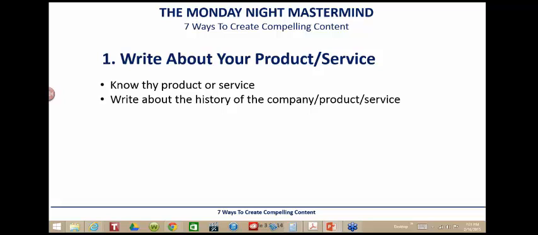So you have to know your product or service, the history of it, the history of the company. And if you don't know a whole lot, or if there isn't a whole lot of information on the product or service, you want to talk to your mentor or sponsor or whoever got you into that online opportunity.